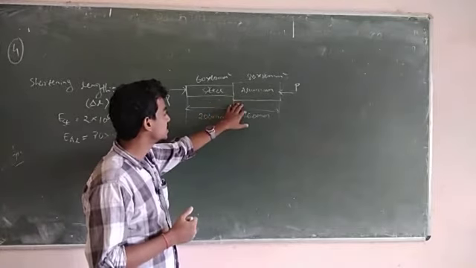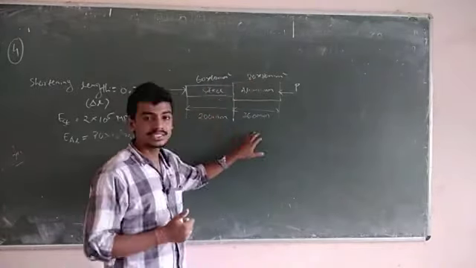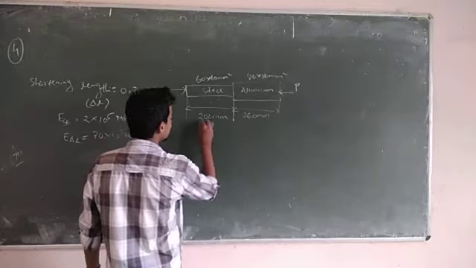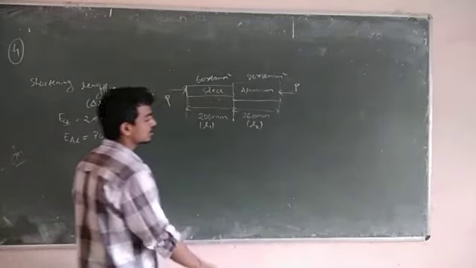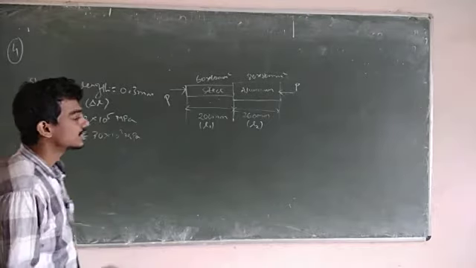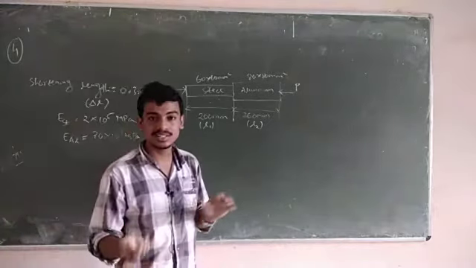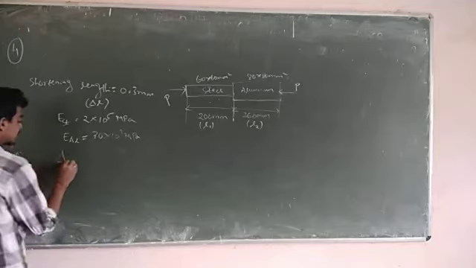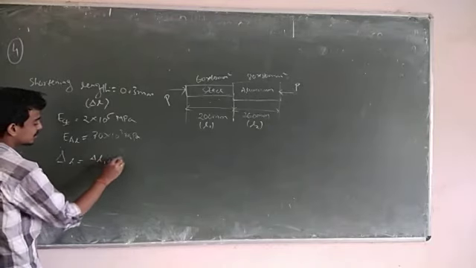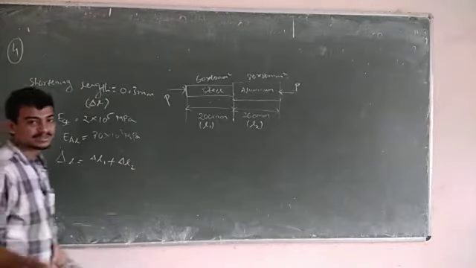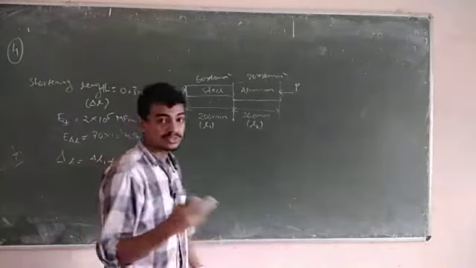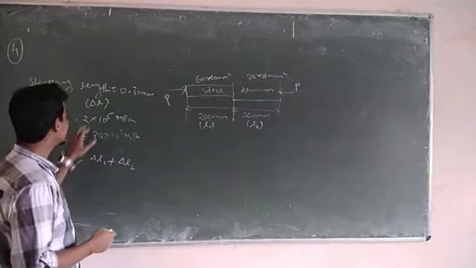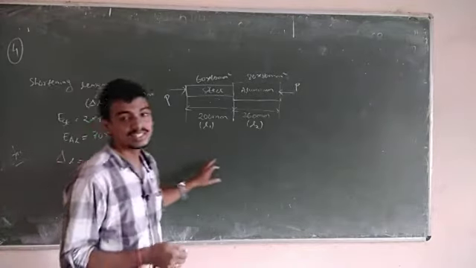For the two materials, the area is given, their length is given, and their modulus of elasticity is also given. Suppose it is L1, here it is L2. The superposition theorem is very simple. It says that the total elongation or contraction will be the summation of the individual sections. So according to that, delta L will be delta L1 plus delta L2. Nothing much about the superposition theorem. Even civil students who do not look into that can understand this problem. So the total elongation delta L equals delta L1 plus delta L2.